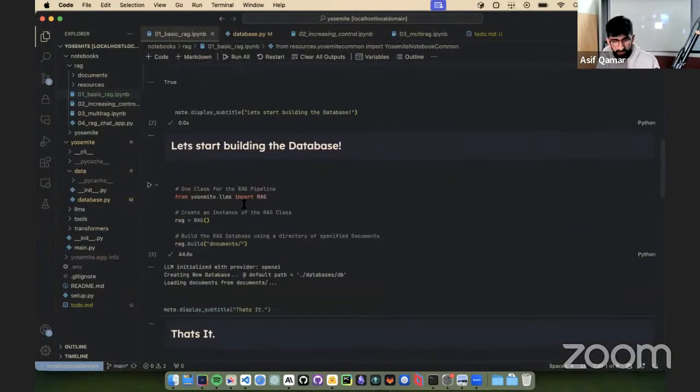So I've built this pipeline where all you do is import this RAG class, and it's connected to a whole bunch of API providers. So you can change this to say OpenAI or NVIDIA or Hugging Face, or